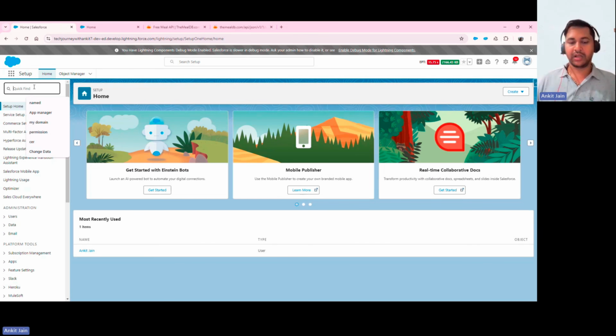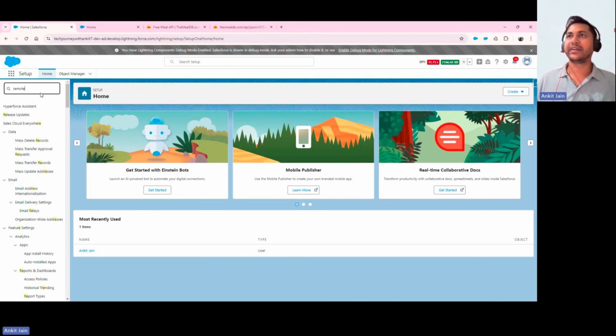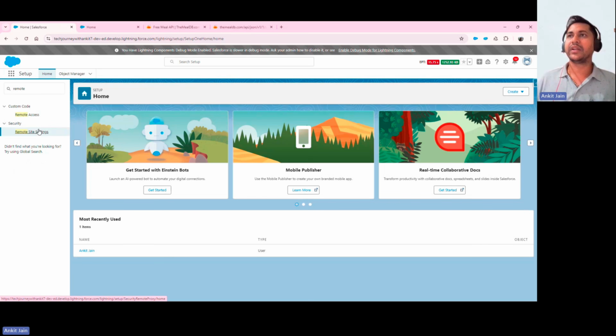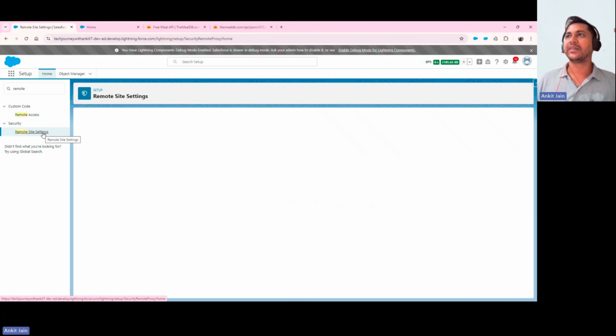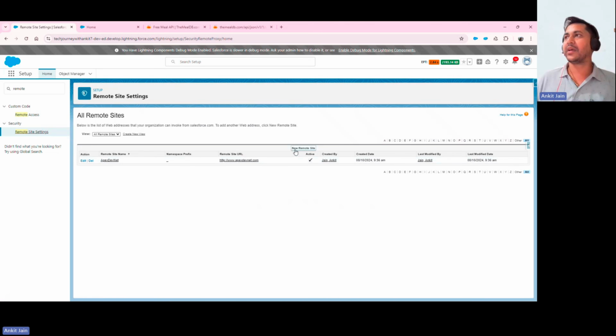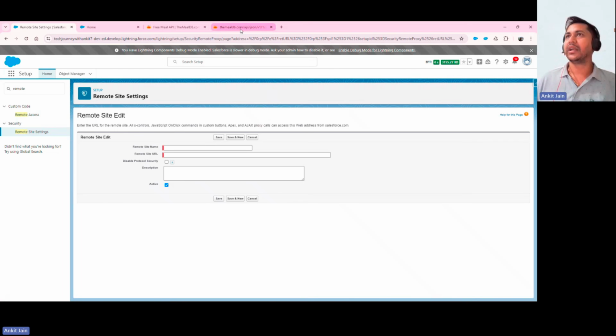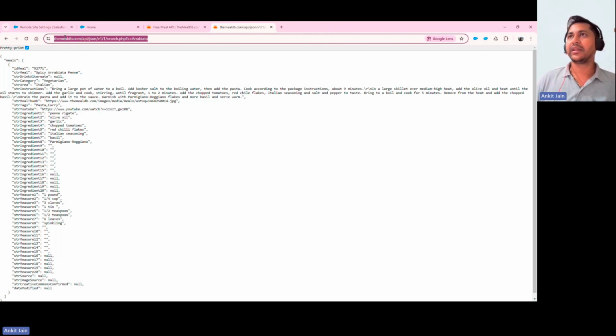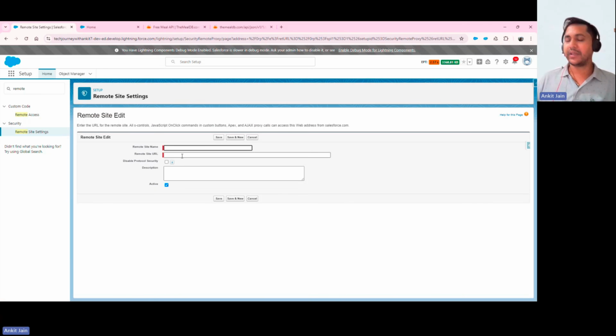So I am inside the org, first configuring the remote site setting. To do that, you have to navigate to Setup and look for Remote Site Settings here. If you come here, click on New Remote Site Setting. Let me go and add that. Let's say I am giving the remote site setting name as MealDB, putting that link. I will put all those links directly in the video description so that you folks can refer to it from there,